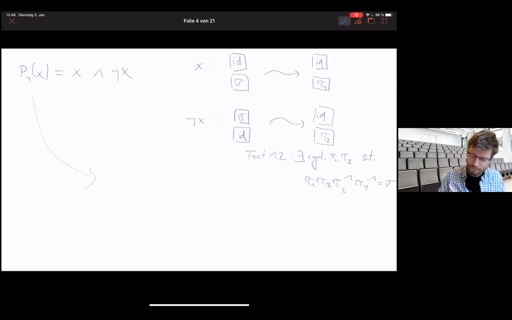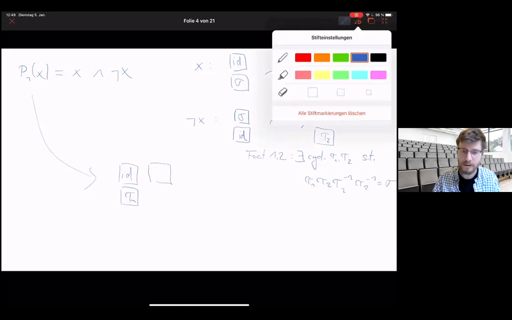Well, here we have the branching program that computes X. This is just tau 1, concatenated with the branching program that computes not X, which is,